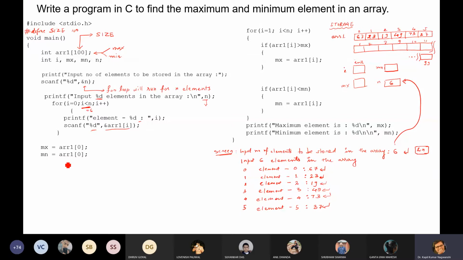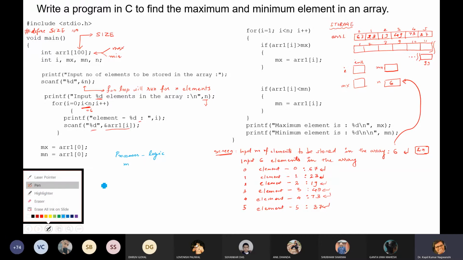Fine. Now come to the logical portion. This is our storage portion. This is our logical portion. So let me draw the logical portion, the processor or logic. Initially, what is stored at MX? MX will store array 0.